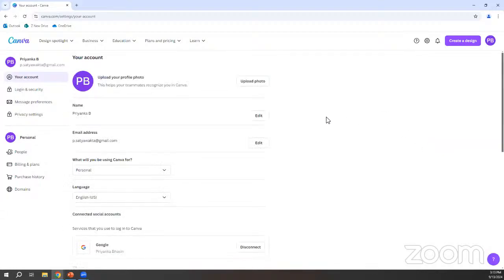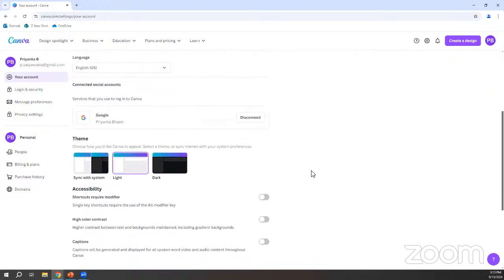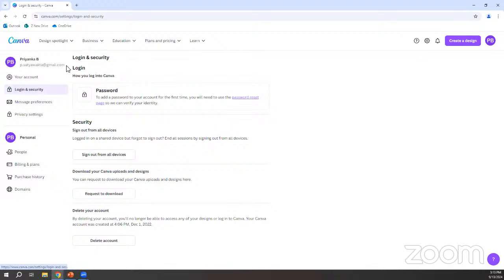Be sure to take time to go through each of these account settings sections. This is basically the main page for it. So it has my name, the email address, and the languages. And if you want any of the themes here, this is also the place